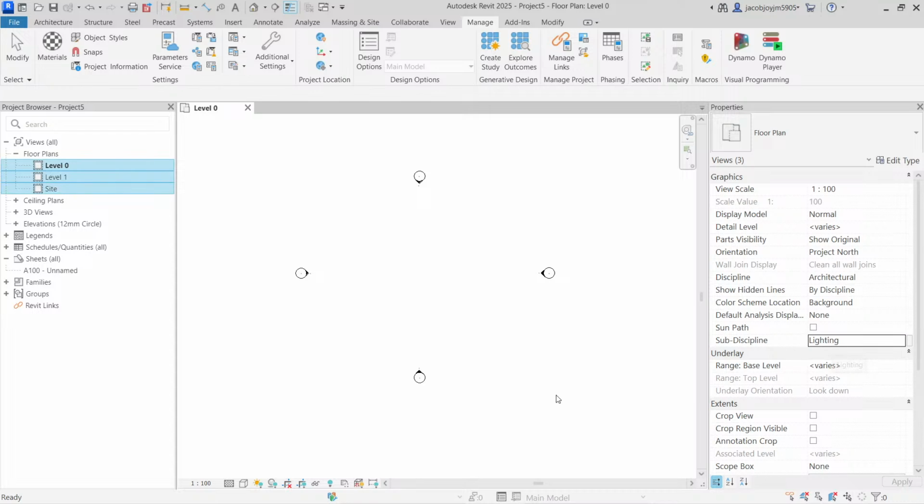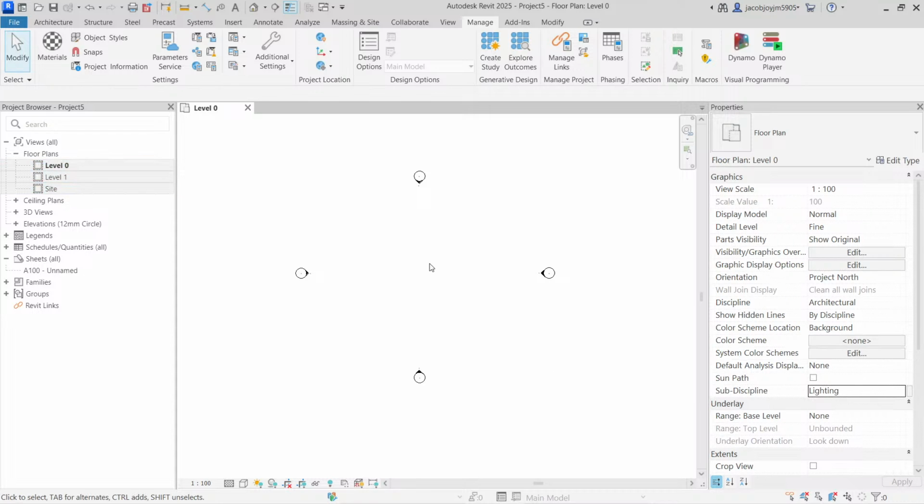Lighting. Okay, lighting. It's a sub-discipline. But still you see, we don't see that lighting title here. So to group these views under lighting, you have to use the sub-discipline parameter in your project browser